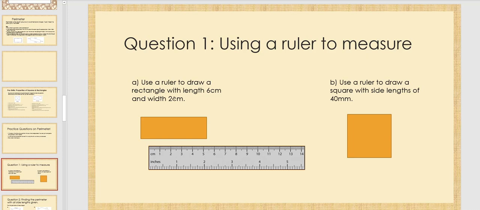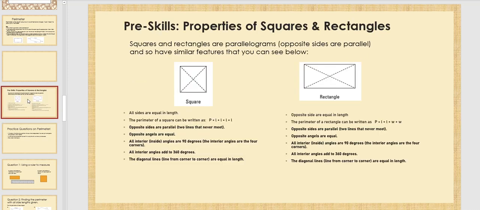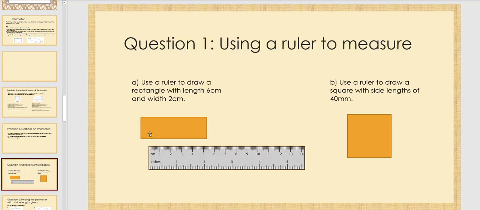When it comes to a rectangle, if we go back to this slide here, properties of squares and rectangles, a rectangle is similar to a square, but it has only opposite sides that are equal. So it has two longer sides, and then two shorter sides, and these longer sides are opposite each other, and they are also equal. A rectangle has a length and a width, and the length is usually longer as well. So when I go to draw this rectangle, it says a length of 6 centimeters, and I can see 6